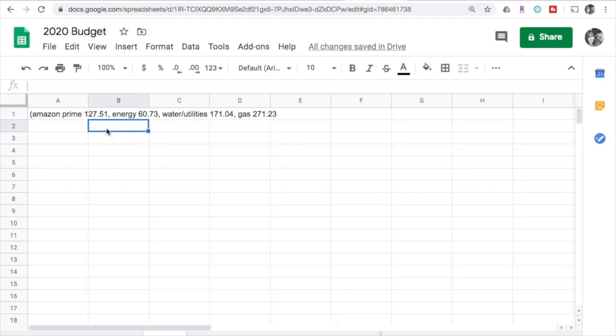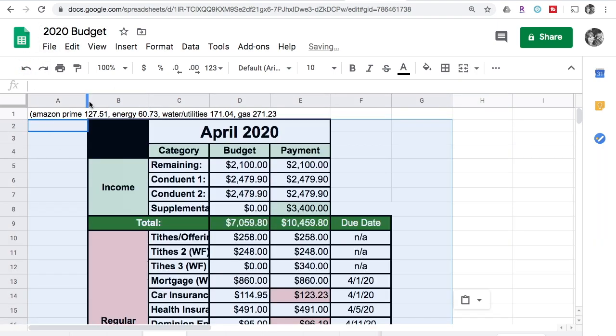The first thing I'm going to do is paste in my April budget into my May tab on my Google